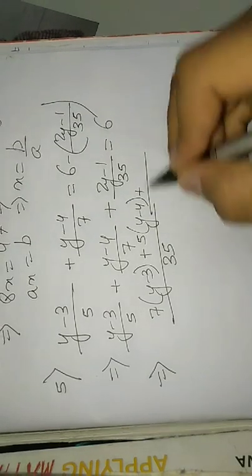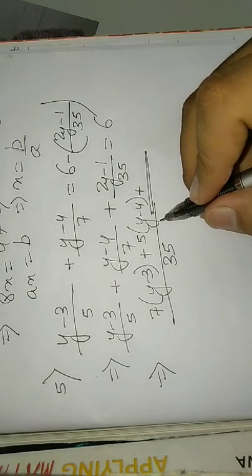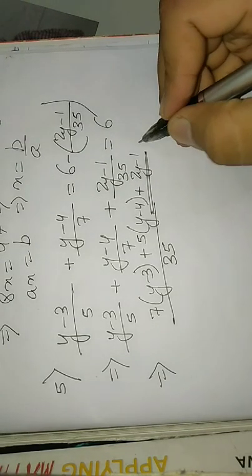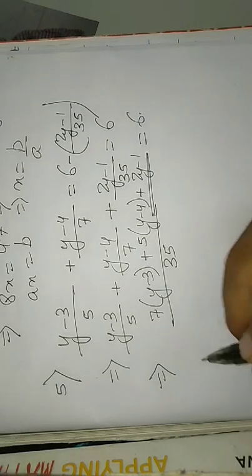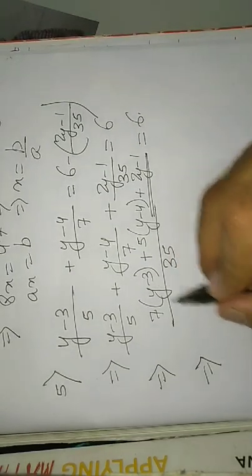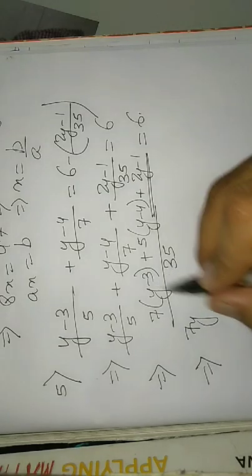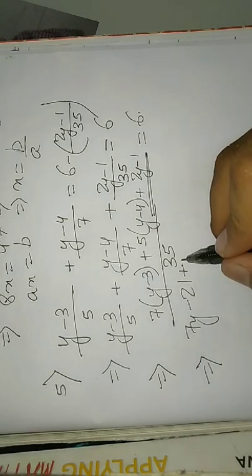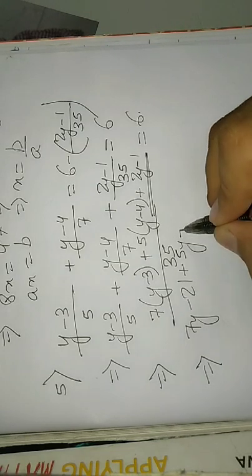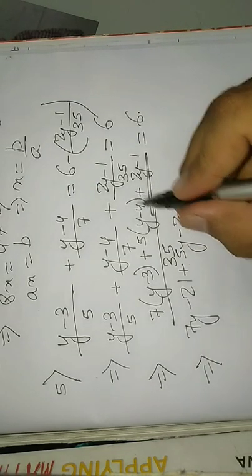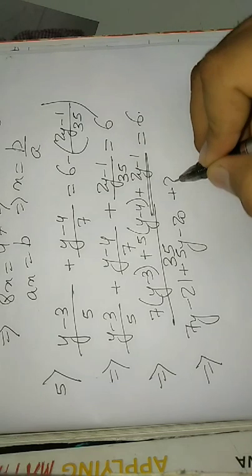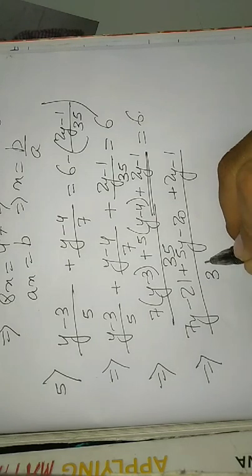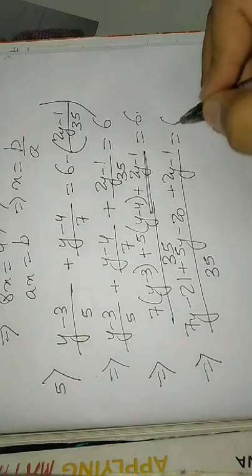Plus 35 divided by 35 gives you 1, 1 into (2y minus 1). So this is 2y minus 1. This is equal to 6. Now 7 into y is 7y minus 7 times 3 is 21, plus 5 into y is 5y minus 20, 5 into 4 is 20, plus 2y minus 1, by 35 is equal to 6,